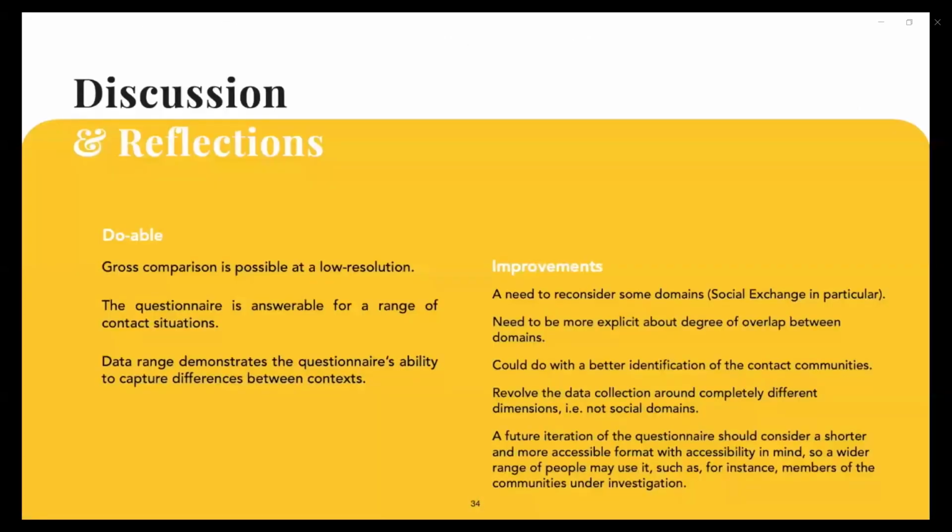So what I hope this quick demonstration has shown is that the comparison of contexts is feasible, at least at this gross level. You end up with low resolution, but nonetheless some kind of comparison is doable, and the questionnaire has been answerable for a range of contact situations, and we're forever grateful to our collaborators who took the time and were extremely patient and generous in sharing their time and expertise